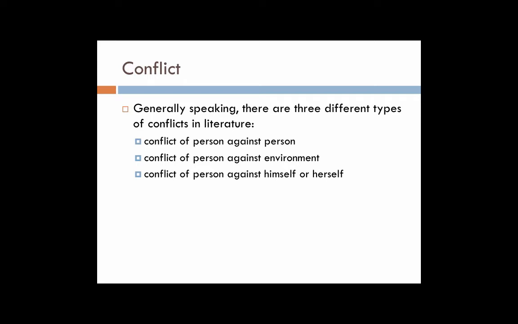A second type of conflict is a person against his or her environment. For me, that's one of the most exciting types of fiction to read about, when you have a character, a human being, who is in direct conflict with his or her immediate environment around them. Now, that can be a physical environment. It can be a landscape, and here we're talking about setting. So it can be a physical environment that the character is in conflict with. You have a character at sea, a character lost in a jungle, a spooky castle, a physical